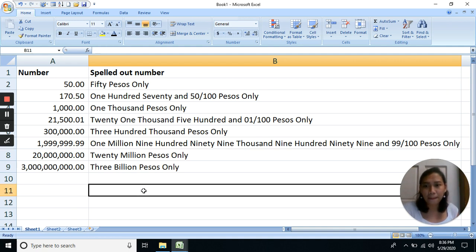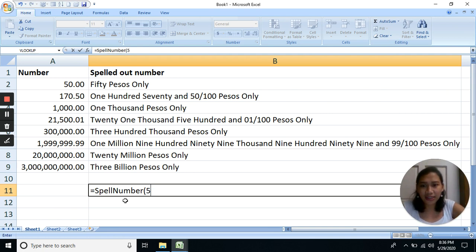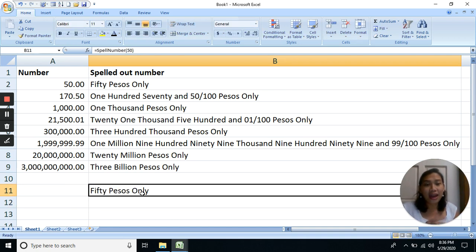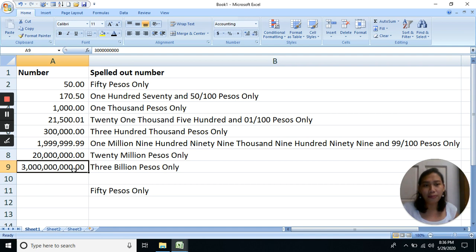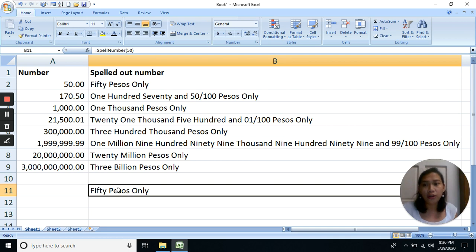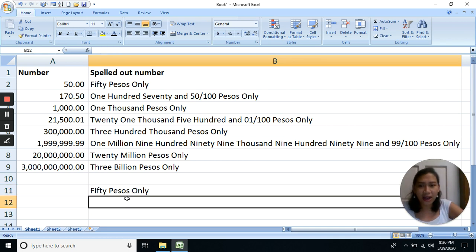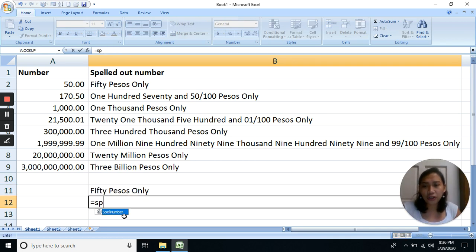So let's have an example. Here, we will type equals spell number, then open parentheses. Instead of going to a cell, we will input the number inside. So let's type 50. So there, the result is the same using the spell number function. So you can either put your number in a cell, then link it to the spell number function, or you can simply type equals spell number,